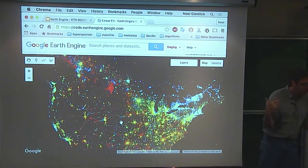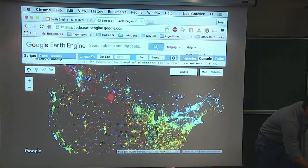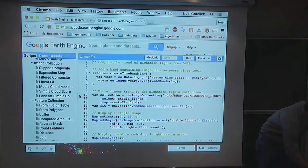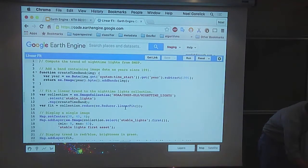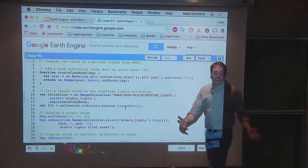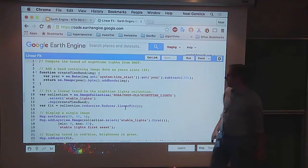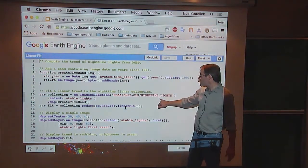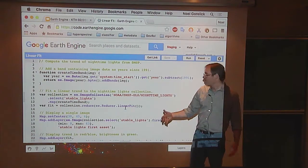All right, so again, an interesting map, cool stuff, but it's only 4 lines of code, depending on how you count. I count so that it's only 4 lines of code, but here's what it looks like. So these 2 bits here are just sticking things on the map and giving them colors, so we'll skip those for a minute. What we do is we get the collection of nighttime lights out of our catalog by name, and